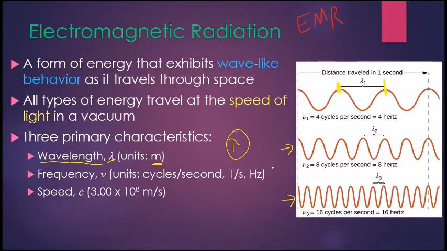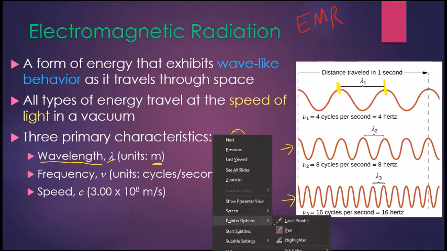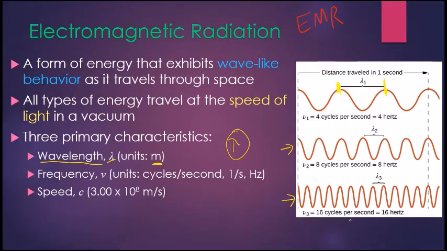The next feature you should be looking at is the frequency. The frequency is how many oscillations of the wave are occurring in a certain period of time. So I'm going to switch it back over to something you can see better on this white diagram. So here is a wavelength. Here is a distance period from the dotted line to dotted line. This wavelength's longer, so there's only a couple wavelengths within that same distance. If you look at this one, though, the wavelengths are shorter, so we have a higher number of waves in